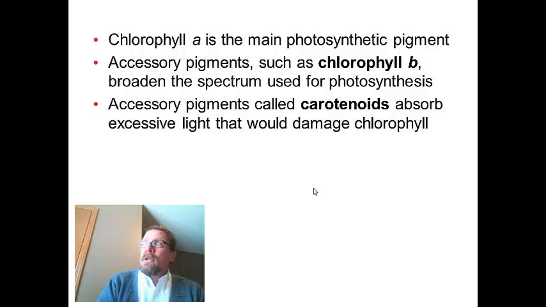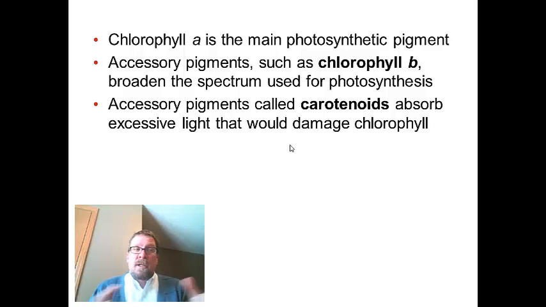If you can absorb it, you're a pigment. Okay. Chlorophyll A is the main photosynthetic pigment that we'll see in the photosystem. It absorbs light in that kind of blue-violet, which is the best range. But you also have accessory pigments like chlorophyll B and carotenoids that allow for expansion of the light that can be absorbed, the different wavelengths and the different colors. Obviously, green is not very good for photosynthesis because it is reflected and transmitted through. But this gives you a broader variety.